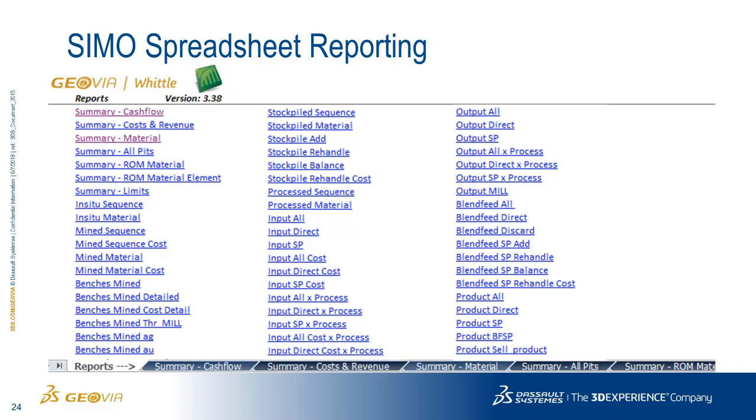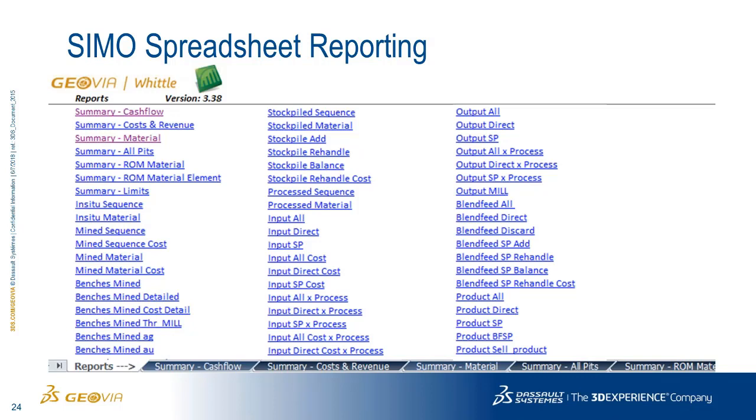You can see from the list there are a few summary ones, which give a larger picture of year-by-year physicals. Then it can go down into very detailed material type reports, such as the material flow added to the stockpile, removed from the stockpile, etc. That's a very detailed year-by-year breakdown of each type of material as it moves throughout the system. Those are automatically created when I run a SIMO node, and I have all that information there. That saves me from doing a bunch of work in the definition to then see it in the output, since I have this Excel report pre-generated for that scenario.